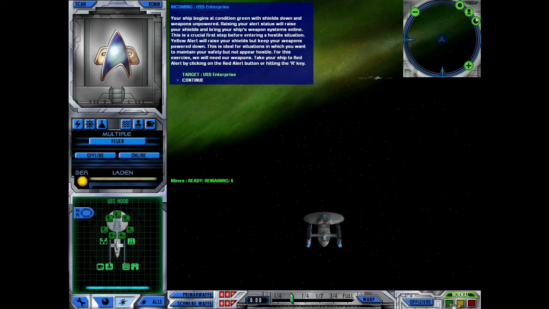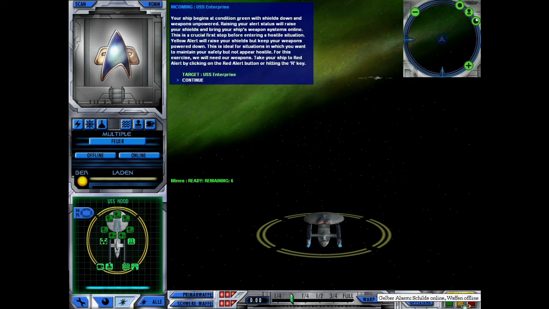Okay, aber da möchte ich jetzt erstmal selber gucken. Stufe grün. Schilde und Waffen sind offline, so wie er jetzt gerade gesagt hatte. Schalten wir mal in den gelben Alarm. Da sind die Schilde online, aber die Waffen immer noch aus. Aber er hat ja gesagt, er will ja unbedingt den roten Alarm haben, also...